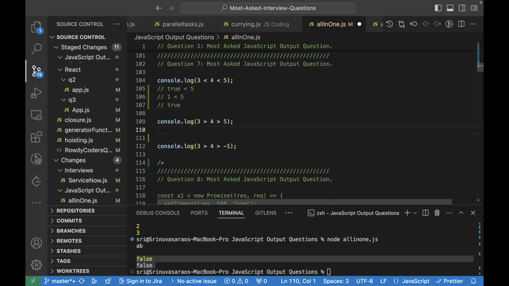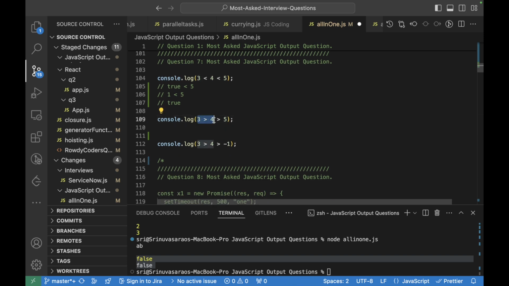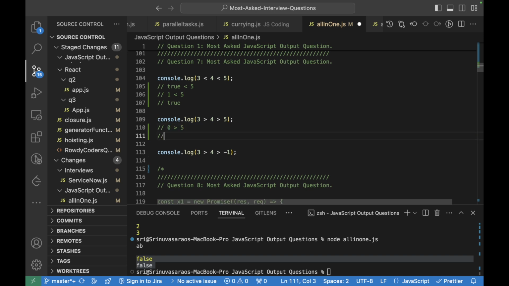In a similar way, 3 will be checked with 4, this is false. False will be greater than 5, no, right? False will be converted to 0, so 0 cannot be greater than 5, so it is false here. And in a similar way, 3 is greater than 4, no, false.